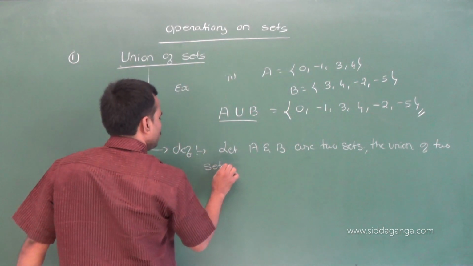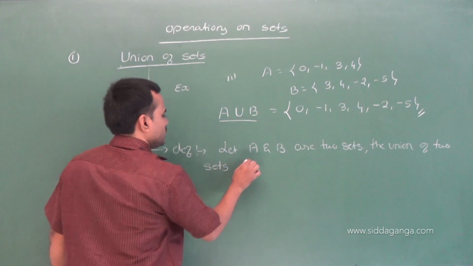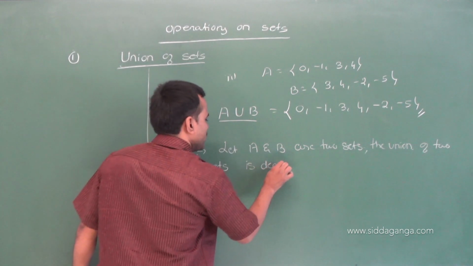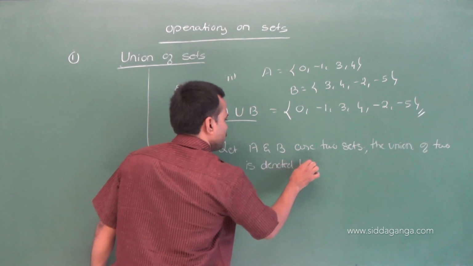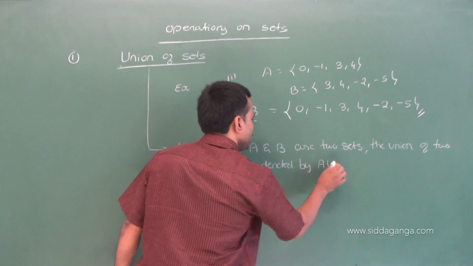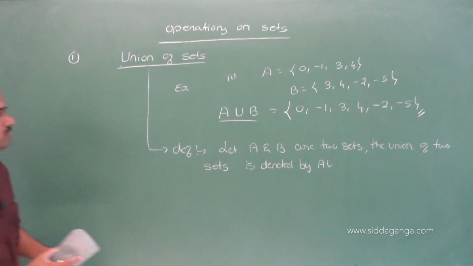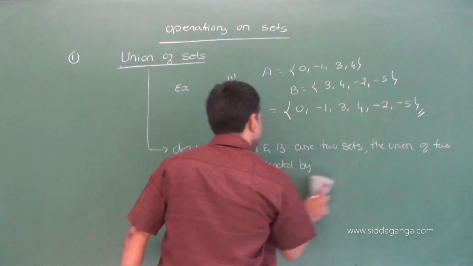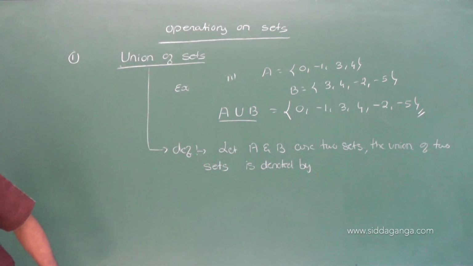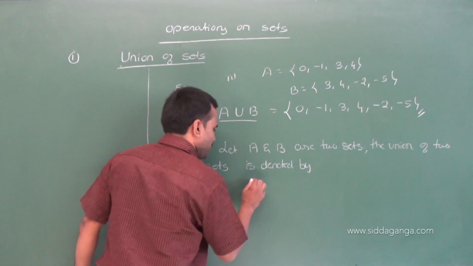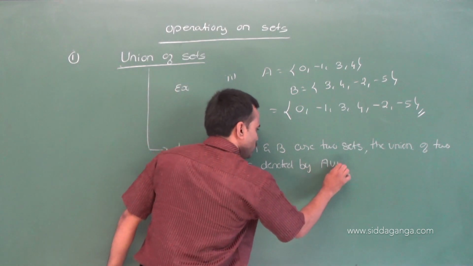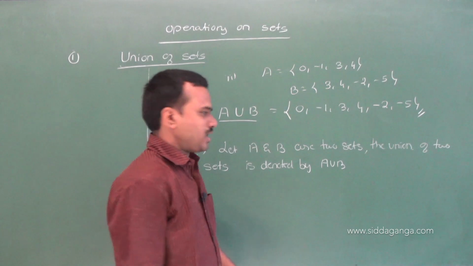The union of two sets is denoted by A union B and defined